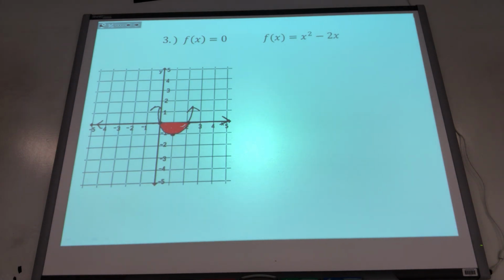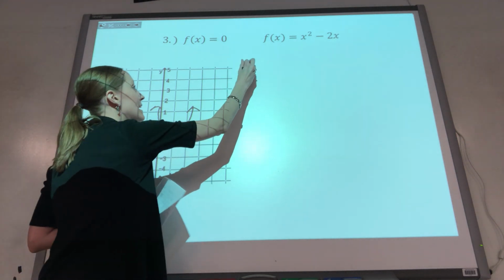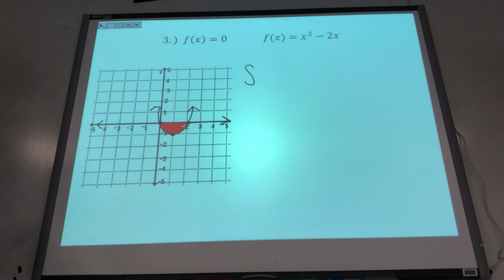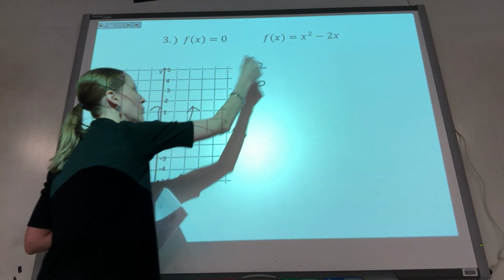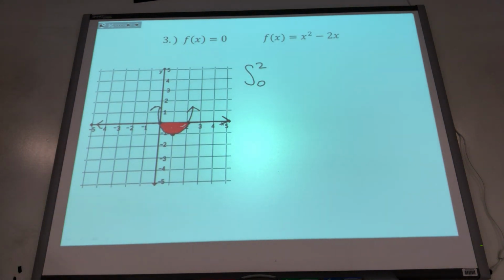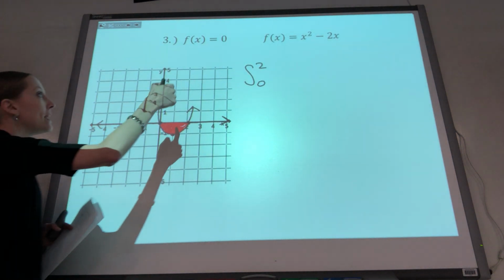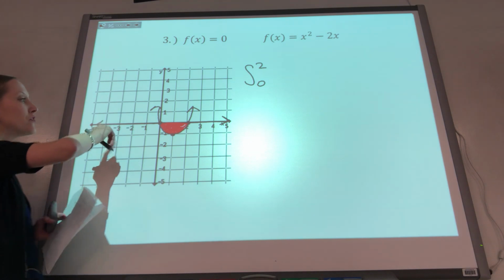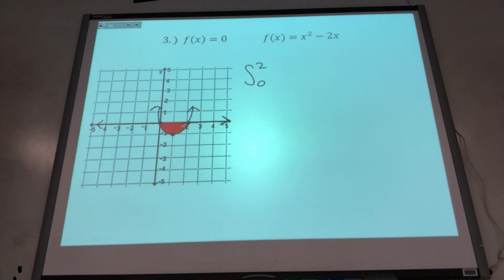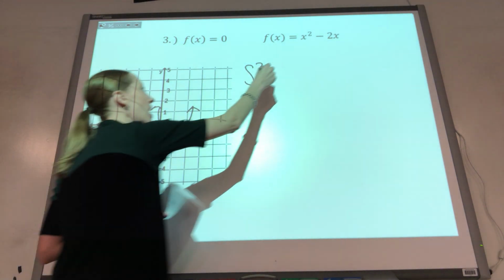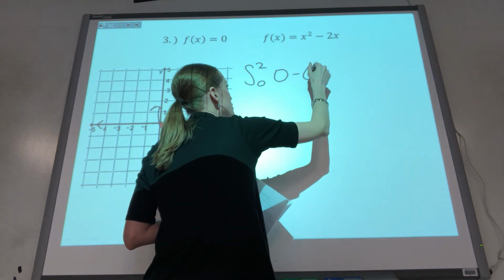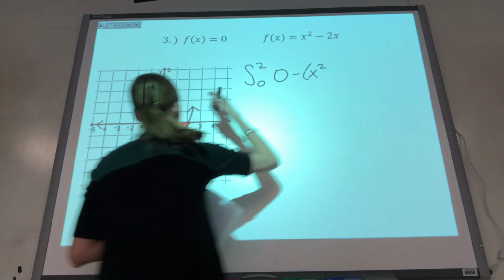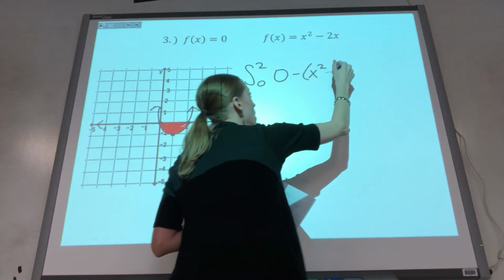Okie doke. Now, I'm going to go ahead and set this up. I'll be integrating from A to B. A is 0 here, which I love because 0 is really easy to plug in. B is 2. Now, which function forms the top part? 0. And so I have to take that 0 and subtract the function that forms the bottom part,